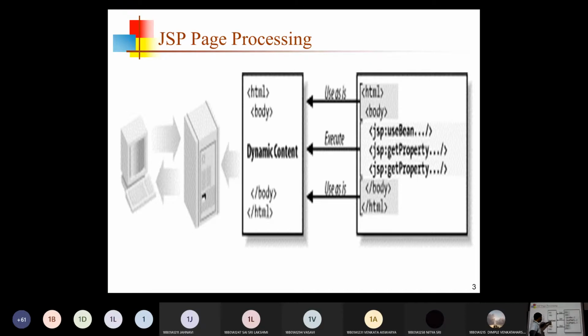The dynamic content contains the JSP tags. In the place of dynamic content there is JSP related code, and that JSP code will be executed by the server. Once that JSP code is executed, we get one kind of content, and that content will be in the HTML file itself.